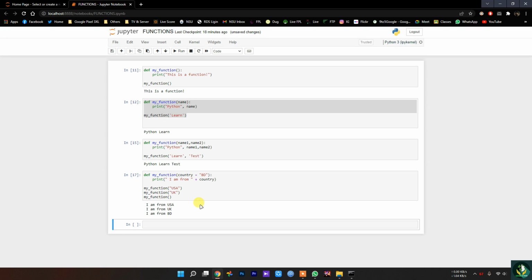So the another one is arbitrary arguments. Arbitrary arguments are used when you want the function to take an unlimited number of arguments, and when you add a star sign, it will receive a tuple of arguments. Like as an example,